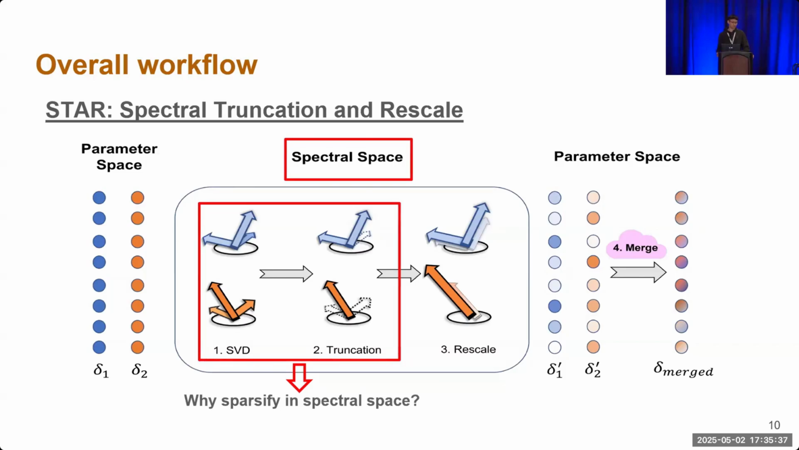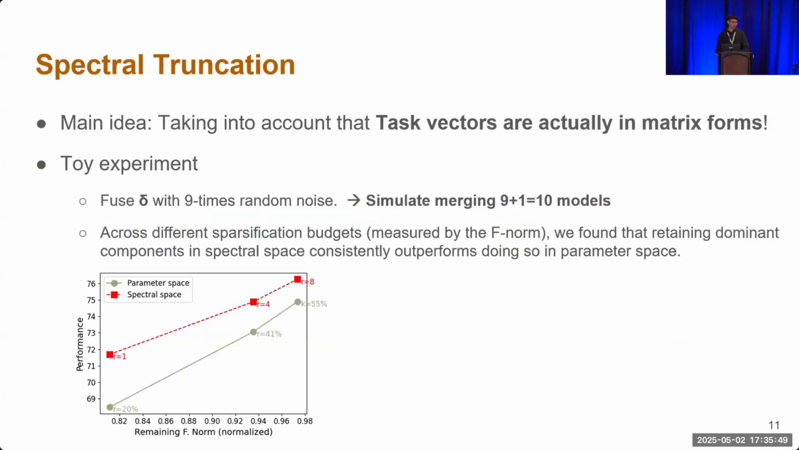Now, I will start by explaining the algorithm by explaining what motivates us to specify task vector in spectral space instead of parameter space. The main idea is quite straightforward, actually. We think that if the task vectors are in matrix forms, like we previously discussed about, we should somehow examine them using matrix properties. To formally compare specification in parameter space versus spectral space, we have conducted a toy experiment